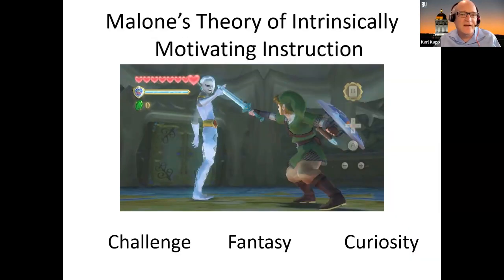Now, here's yet another theory of intrinsic motivation. This one is by a guy named Malone, which is fascinating because he looks at motivation slightly differently than anybody else that we've looked at before. He believes that motivation can be driven by challenge.